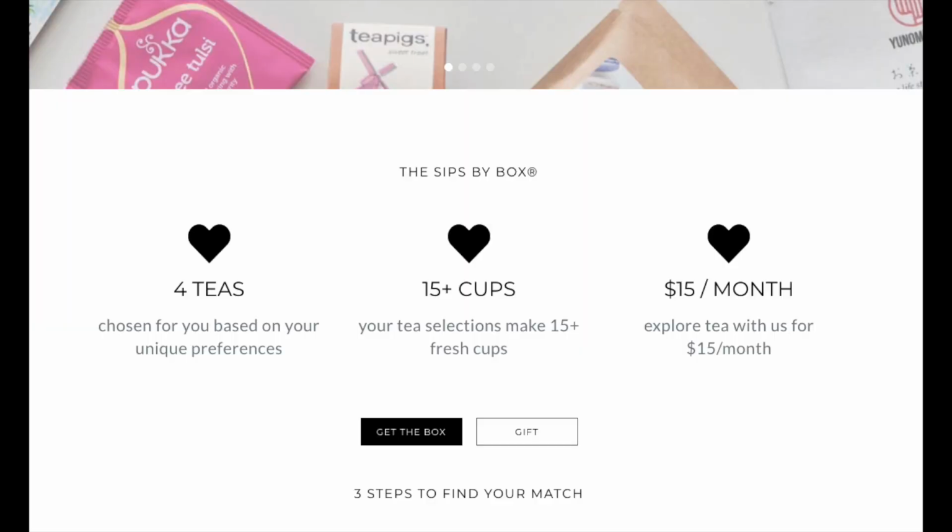So the box itself is $15 a month, and you get a ton of tea. I have a lot of tea here. I think on the website it says that you have enough tea for 15 cups of tea, and that's a lot of tea. So it's $15 for a box per month, and shipping is actually free within the US. Outside of the US, internationally, it is a little bit more, but I am so excited to try this out,